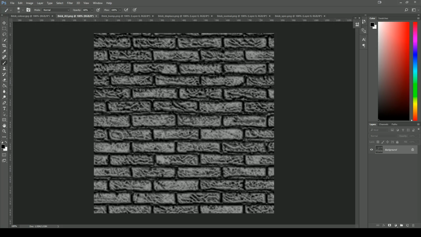This one is an ambient occlusion map. This is typically used in games primarily. You can use any of these in both rendering, in animation, as well as for games. But really what this is doing is creating an extra sense of depth. This would probably be a stronger map if we had darker shading inside the grout in between the tiles. At the moment it is creating an extra bit of depth, but essentially ambient occlusion, the idea of it